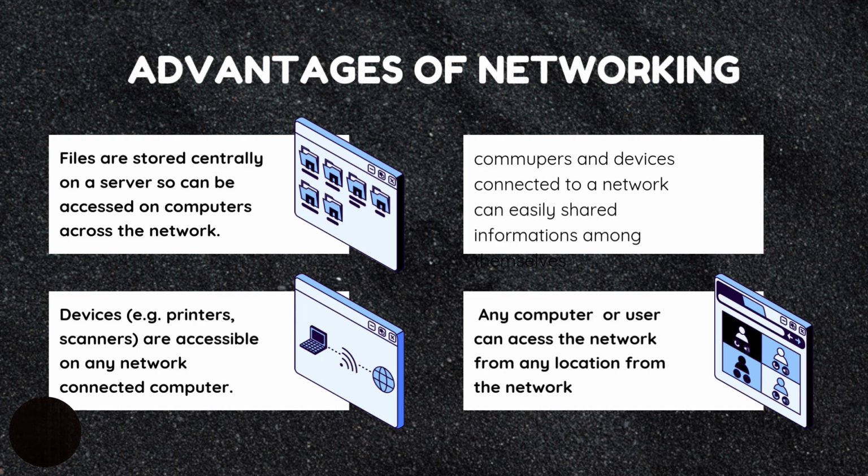Computers and devices connected to a network can easily share information among themselves. The principal can easily send information to the vice principal and so forth. It is the same thing with WhatsApp groups and WhatsApp forums. Since everybody is in the same group, sharing of information becomes very easy in that the admin doesn't need anymore to message each person saying good morning John, good morning A, good morning B. You can just send a general message in the group, good morning to everyone. So sharing of information is very easy among members in the network.